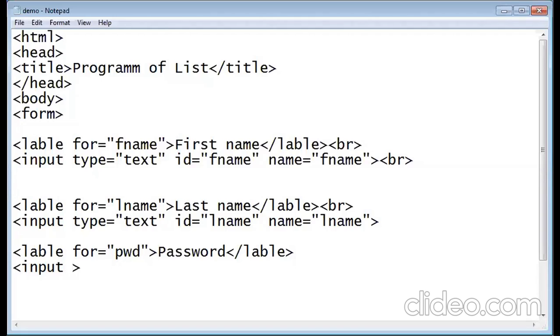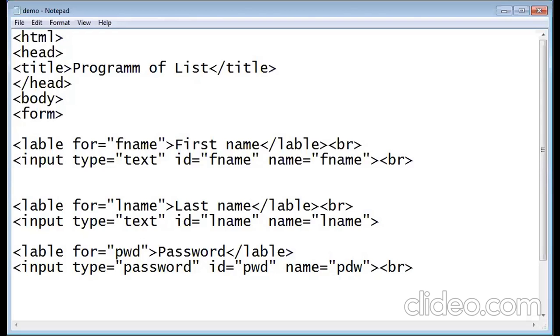First one is type, second one is ID, third one is name. Type equal to what? Now I have to change the type as password. Okay. Then ID will be PWD. Okay. Then name will be again PWD. Okay. Then I will use break for spacing purpose. Okay. Then save it, go to the browser.